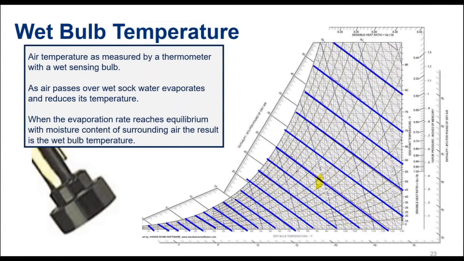So you can see that because it's a diagonal line, at this dry bulb temperature, we have a wet bulb that's on this line, but it's the same wet bulb even when the temperature would increase. Anything on that line is the same wet bulb temperature. It is a temperature dependent number.